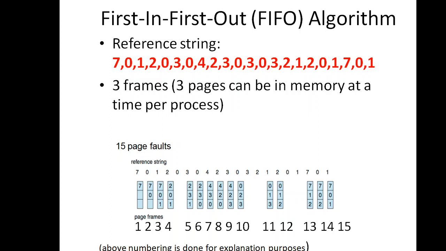To insert 3 I have to replace 1 page. The page I will replace is the one at the head of the queue, which is the older one. Now I am considering 0 as the head of the queue. As I said, 2 is inserted at the tail, so 0 will be the head of the queue. So I will remove 0 here and write 3 there. Now the frames contain 2, 3, 1.